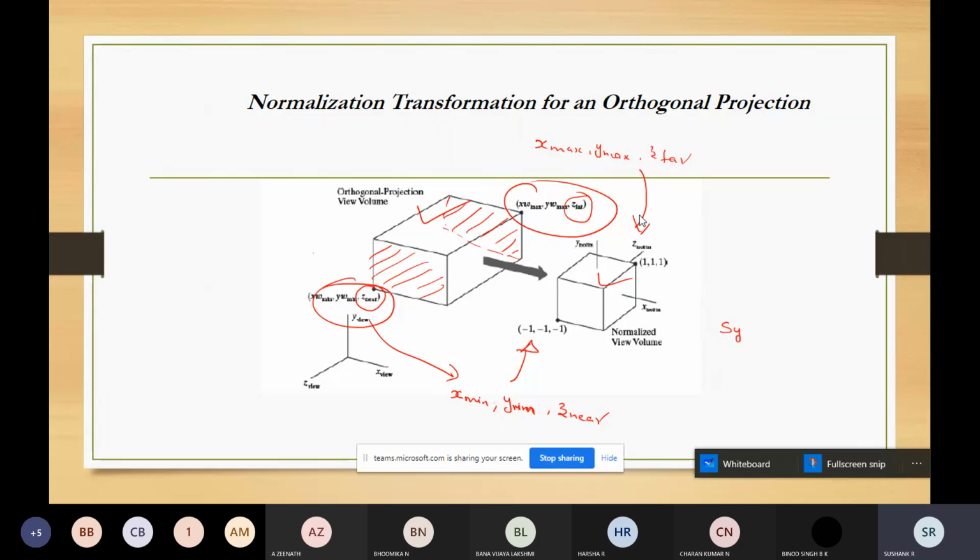So this is how the transformation is being done.